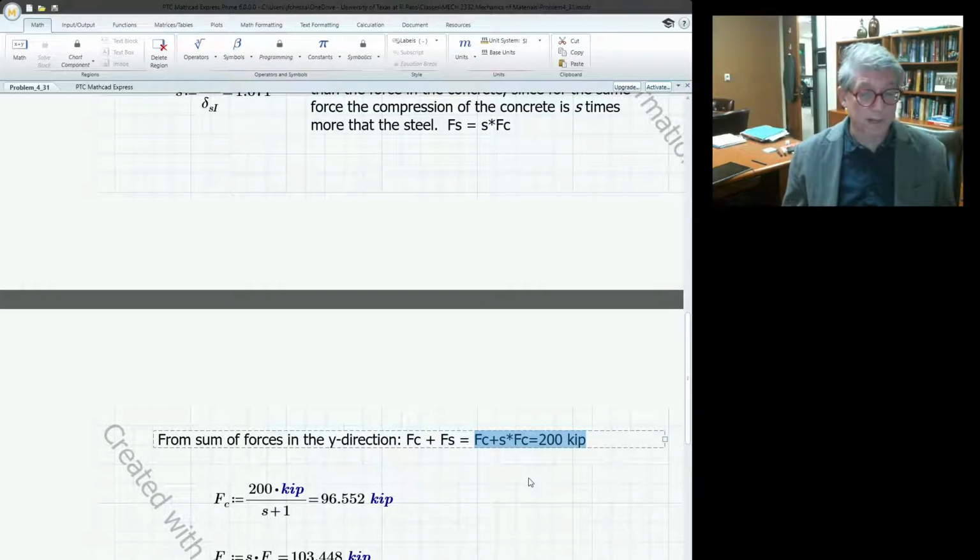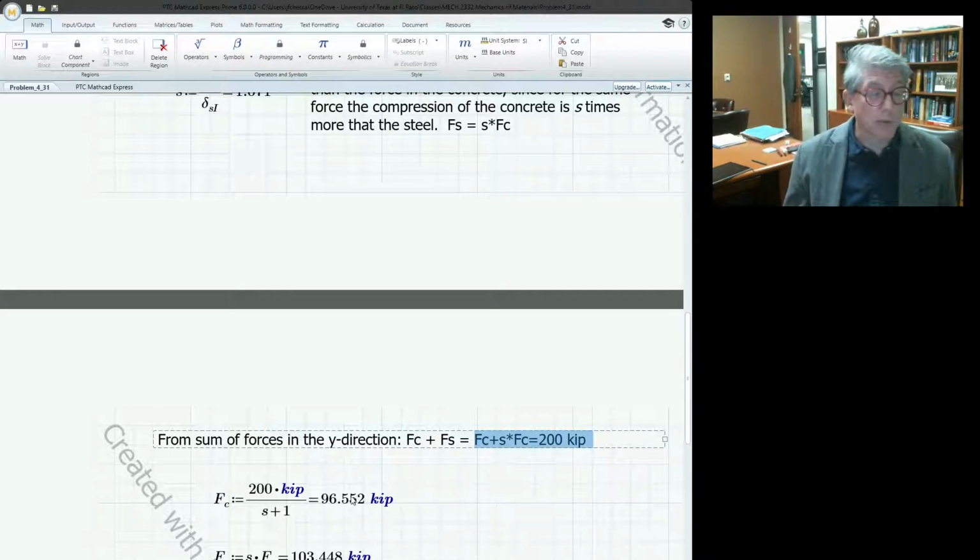Again, you would probably do this on a piece of paper. And now I can use this here to solve for the force in the concrete. And that's what's here, right? Because Mathcad can't solve equations algebraically, you have to type it in directly. You have to do that on a piece of paper, but it's not that hard. So the force in the concrete is the 200 kips divided by S plus 1, right? Because you got a 1 here, and then an S, and here you pull out the Fc, and that's what you get. So that gives me that the force in the concrete is